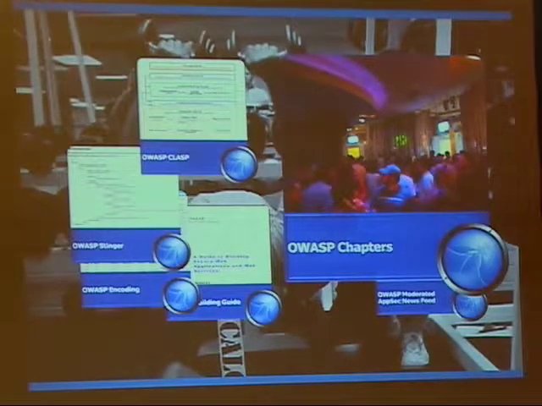Our OWASP chapters, again, are all over the world. You can go to the website, find the local chapter, and see what latest, greatest topics are being talked about at that particular meeting. My first chapter meeting, which started back in 2004, was a box of pizza and some beer. We talked about SQL injection for about 3 hours. The second meeting, there were about another 30 people there. Fourth meeting, it was about 50 people. So it grows very rapidly.